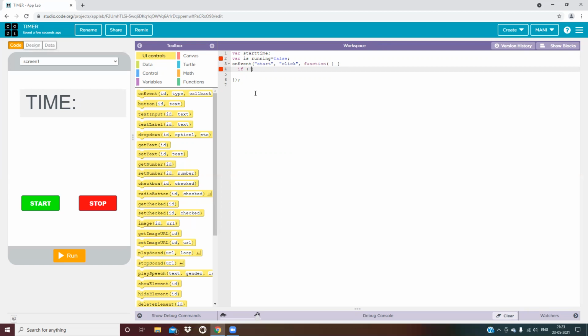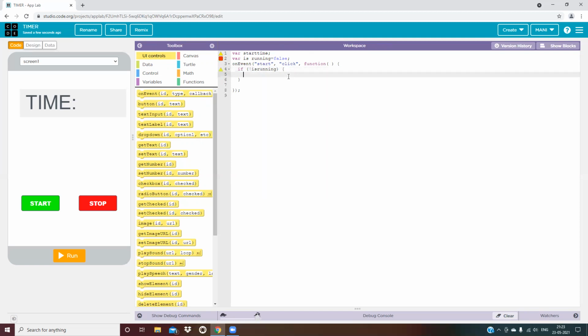This exclamation mark equals to is running not. If is running is not, then I will show the curly brackets, and now I will enter it.